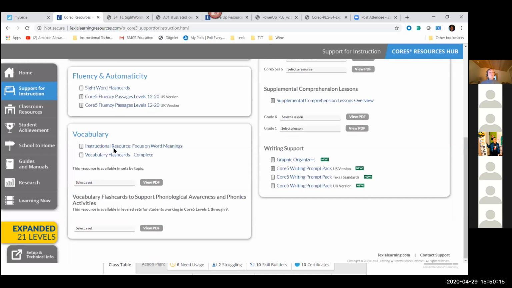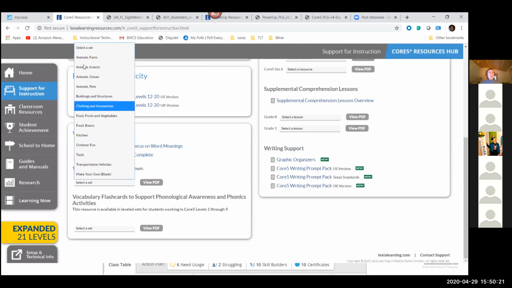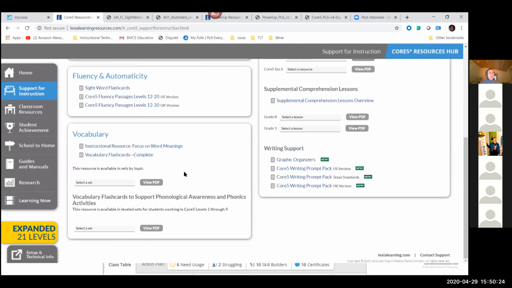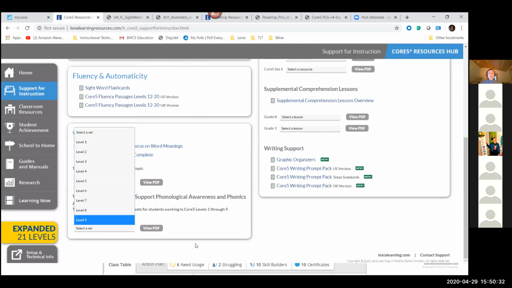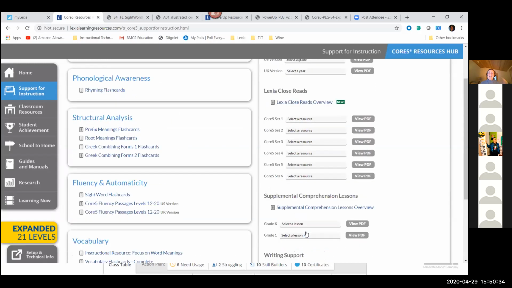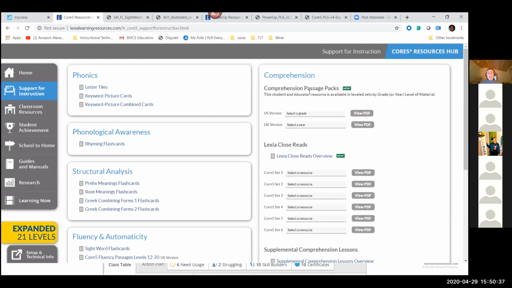And then some really great resources related to vocabulary, so sets of flashcards in all these different categories, as well as flashcards to promote phonological awareness and phonics in levels 1 through 9. And then on the right, you'll be able to find all of the comprehension passages. So if you wanted the student to have a written document for all of the comprehension passages, you'll be able to print that out so that they can have that to annotate and have with them when they're working online. If you're looking for some additional